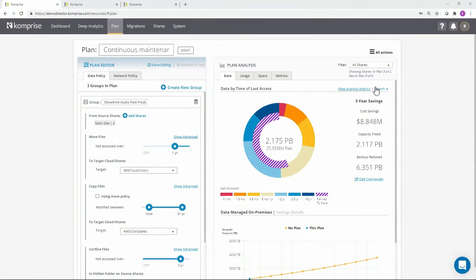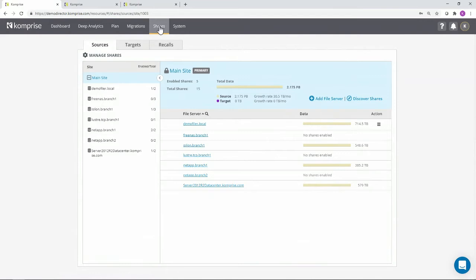You should be able to see my screen. And what I'm showing you here is the Komprise Director Console. So let's say after this meeting, you want to see how much savings you can get in your own environment. If you want to do that, all you do is contact your IBM rep, and we will set you up with this console. We can do an assessment in your environment, and basically all we will do is, once we bring this up, there's a virtual machine that we download into your data center,